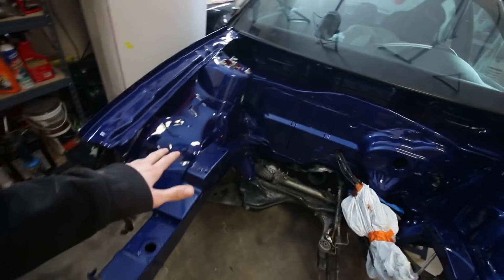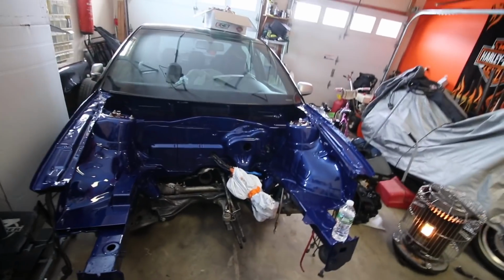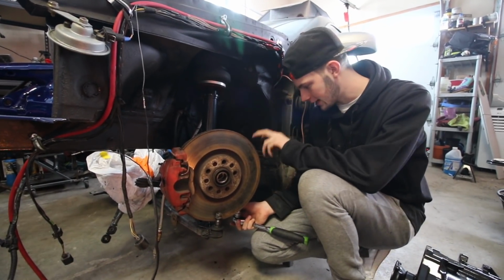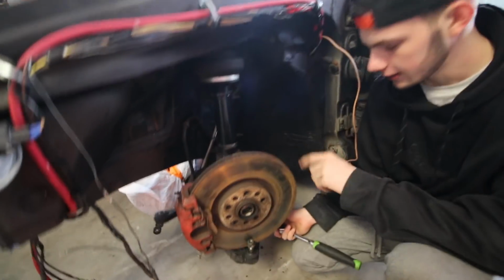I'm waiting on the motor mounts to get back from powder coating. Once they're back, then this thing is pretty much ready to go in, and we got a lot of work from there, so let's get started. So first we're going to start by removing the tie rod ends that I still have connected to